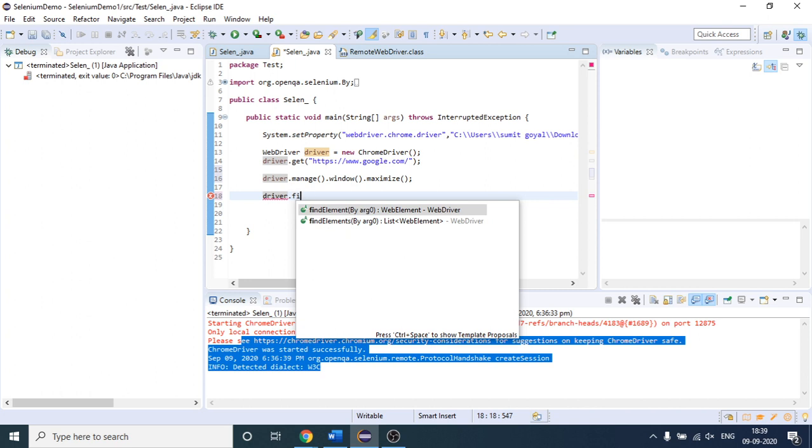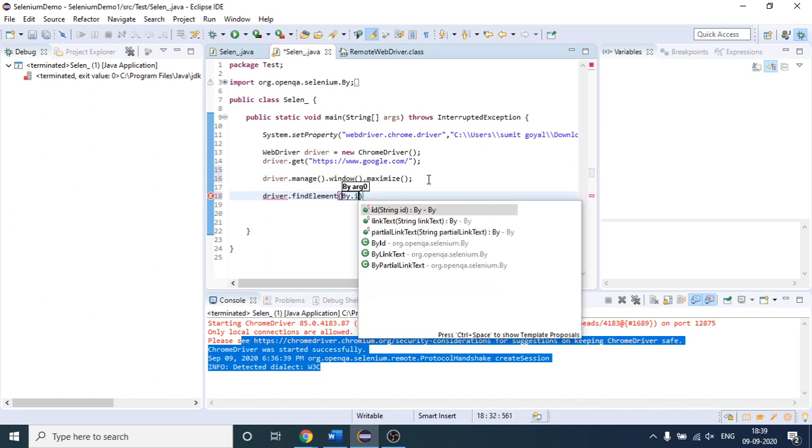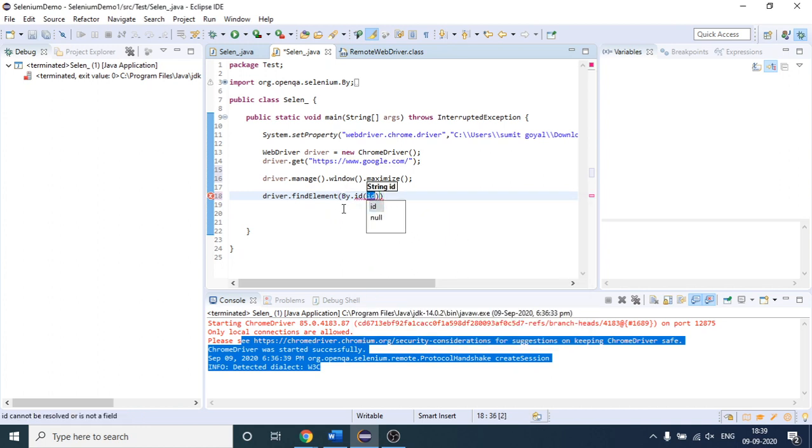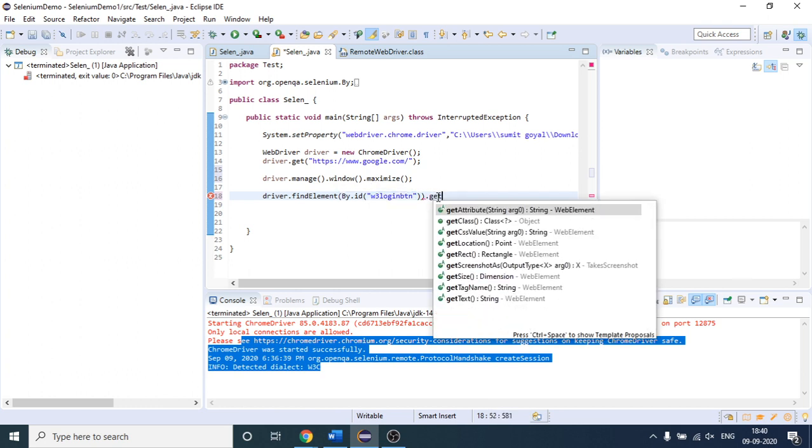After that I will simply write here, I will use the id locator: driver dot find element by dot id. So this is the one I am talking about, and inside that id locator place the value which we have copied from the browser, and just simply say get text. See, this is the method I was talking about, and you can see after the get text method, String is written here.